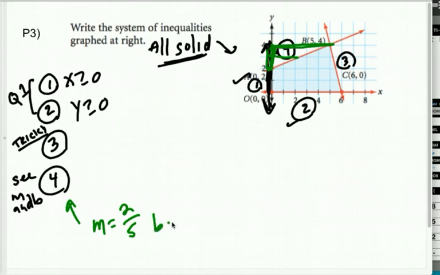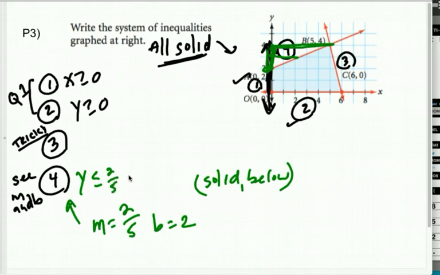And the y-intercept in 4 seems to be at 2. So for 4, notice that we're shading, so 4 was solid. We knew they'd all be solid, right? And below. So 4 is solid and below, which means y is less than or equal to 2/5 x plus